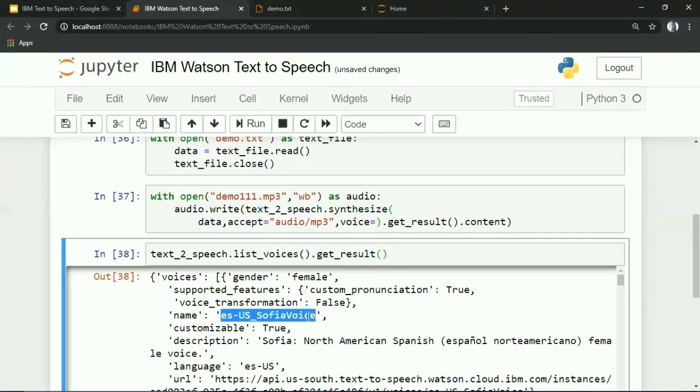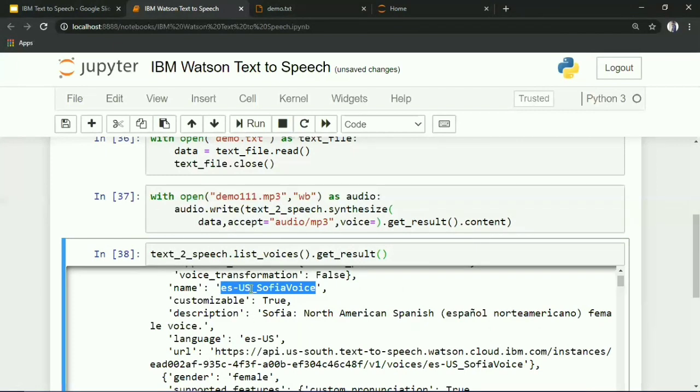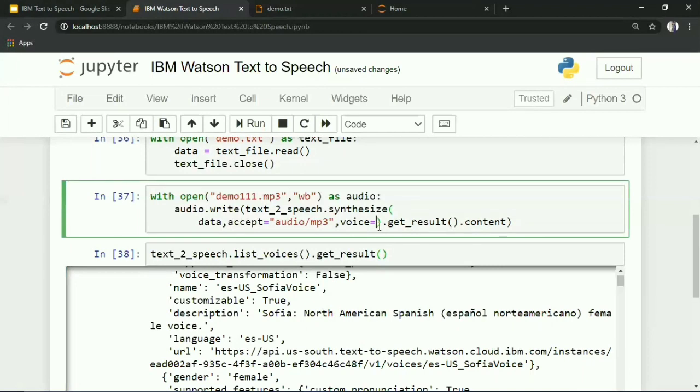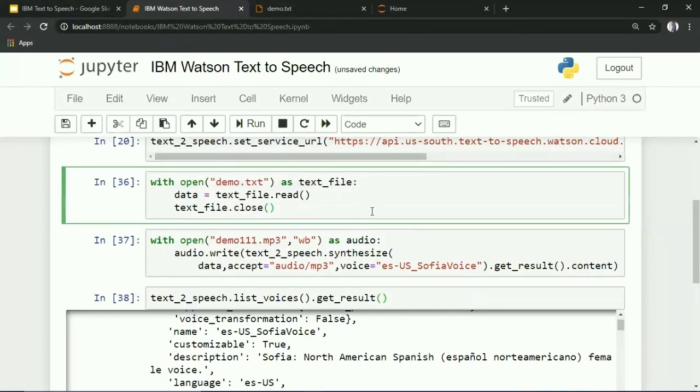You can see the detailed information about this voice model: gender, female, supported feature, customizable, name of the voice model, description, supported language, and URL. Then run the program again.